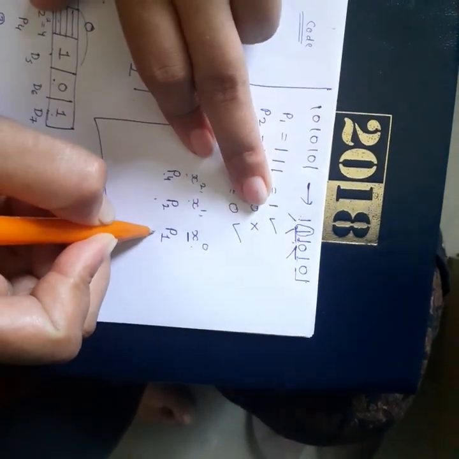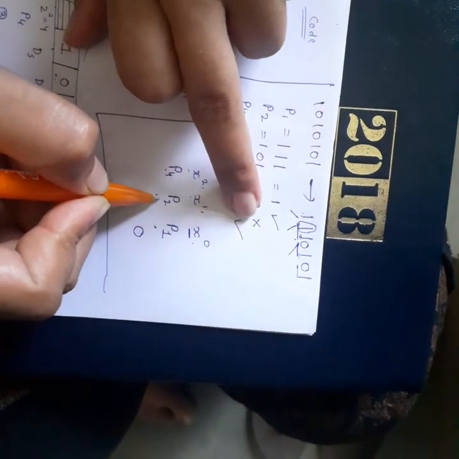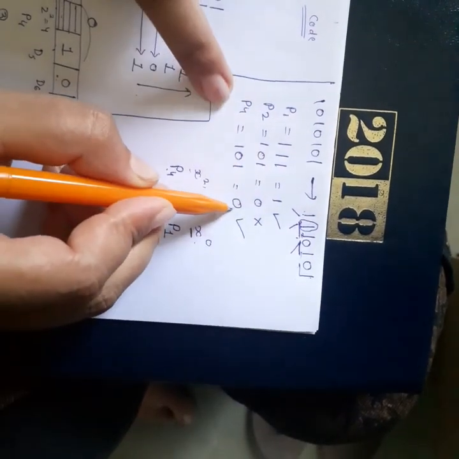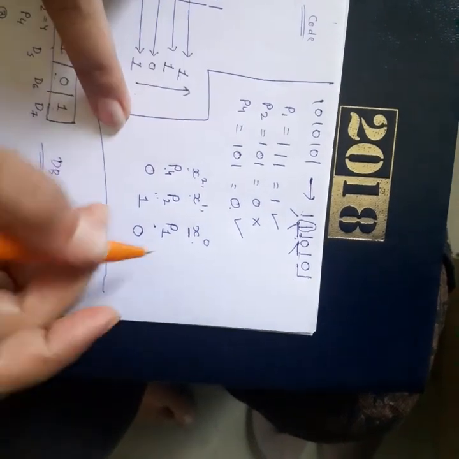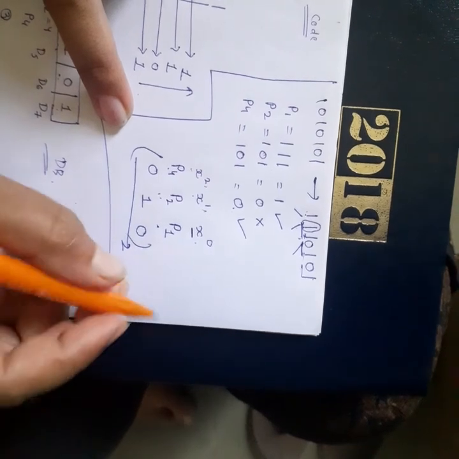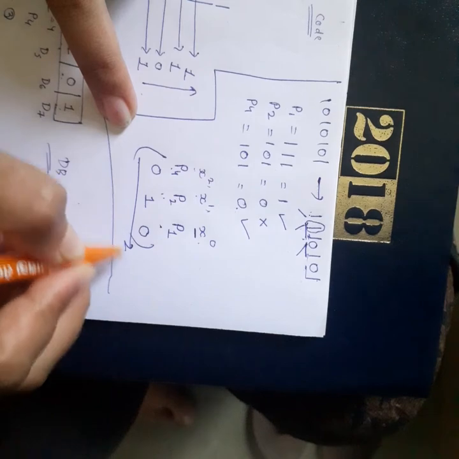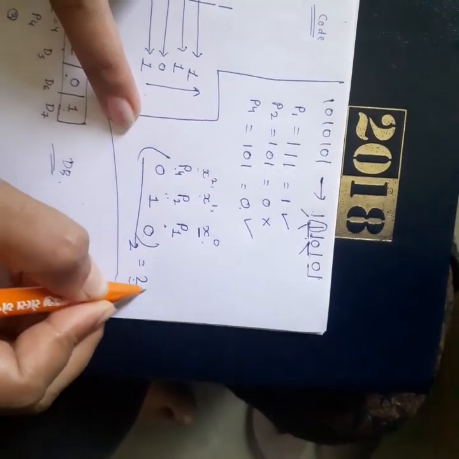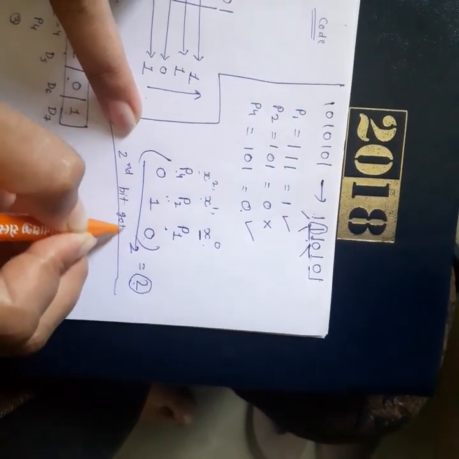Is it matching? Yes, it is matching. So no change is required. Parity number 2. Is it matching? No, it is not matching. So yes, change is required. Parity number 4. Is it matching? Yes, it is matching. So no change is required. If you look here, this 0, 1, 0, if we write it in binary, we know that 1, 0 is equal to 0, 1, 0 has value 2, meaning the second bit got flipped. The second bit got flipped.